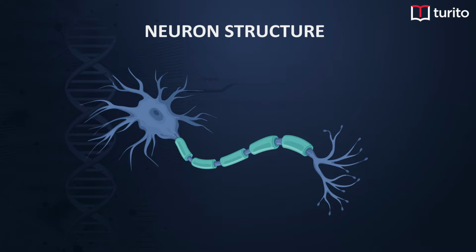Let us see the details about these three structures. When we talk about the cell body of a neuron, the cell body is also called as soma or perikaryon or the cyton. The cell body has a centrally located nucleus and with other cell organelles like the endoplasmic reticulum, Golgi complex, ribosomes, etc. There are also certain darkly stained structures called as Nissl granules. The cell body has certain projections which are called as neurites.